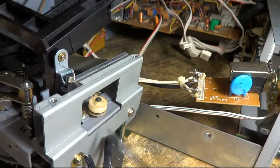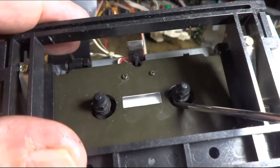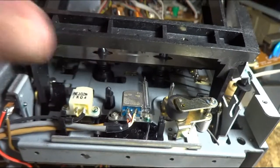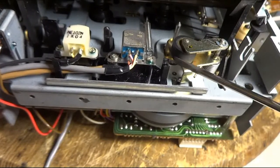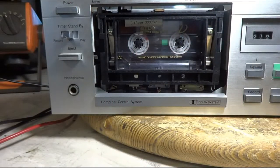Yeah, I was able to get to this belt right here. It goes right there, and I slipped it through that hole there. I was able to replace it without taking anything apart, and I went ahead and treated this pinch roller and cleaned it up. I got my speed tape in here right now,